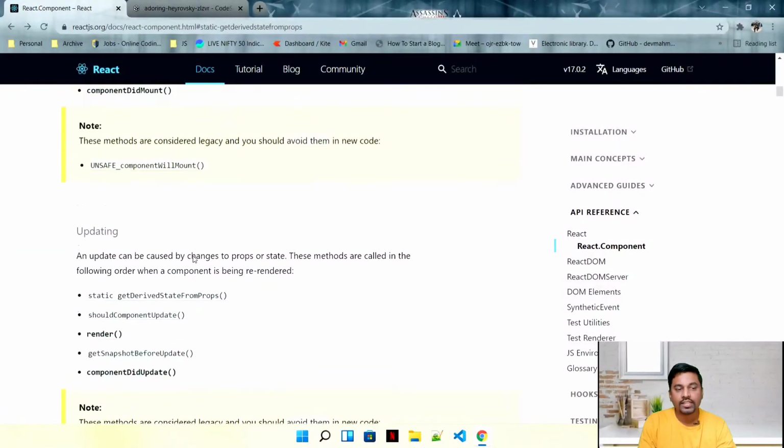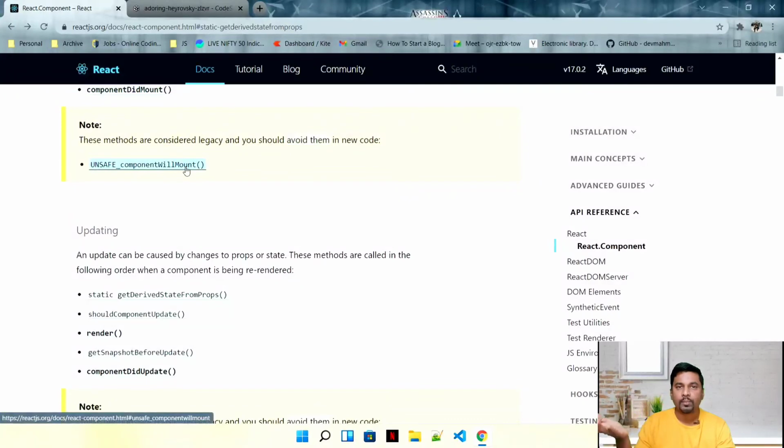And there are some stale methods, basically legacy methods. Legacy methods are nothing but methods you can still use. If I add them here, they will still work, but you don't know when React is going to remove them. So if you're working on class-based components and you have these methods right now in your code, I would suggest moving the logic from these methods to some other method.